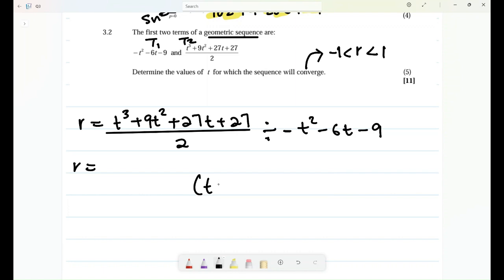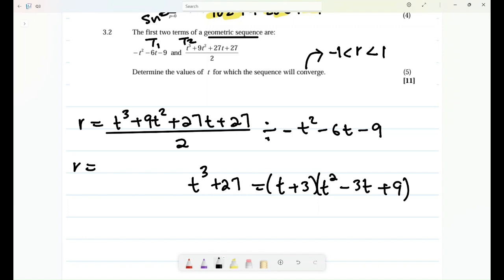Remember, if I have t cubed plus 27, it's going to be t plus 3, then I'm gonna square the first one, which is t squared, then minus this times this, which is 3t, plus 9. So can you see that here there is no way